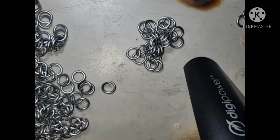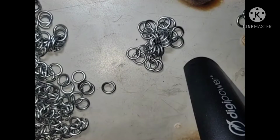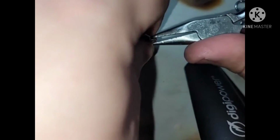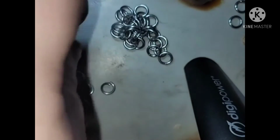Alright, so now we're gonna take, oh, of course I dropped one, because then that would make me have an odd number of rings. So now basically we're going to splay this out. We're going to go in, under, and up, just like that. Close that off. Then we're going to take another two,